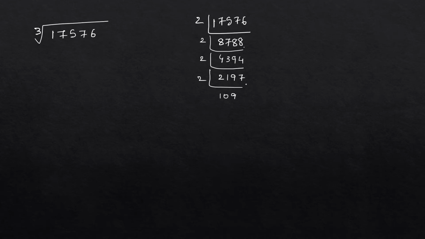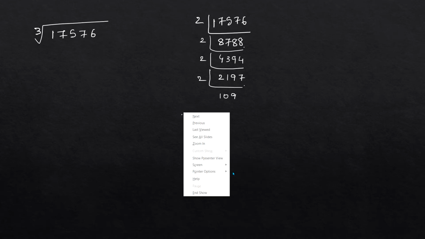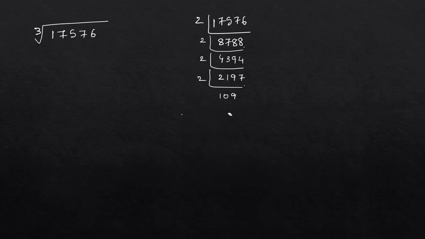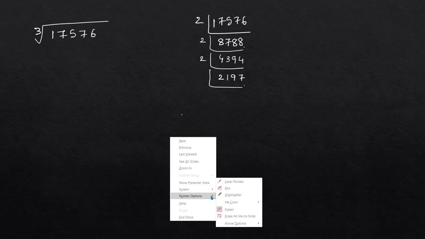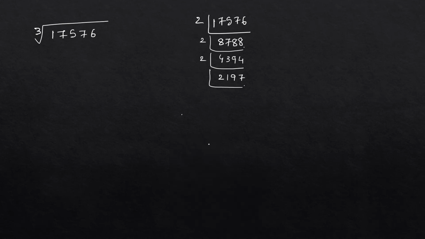No, sorry, since it is 7 it is not divisible by 2. Okay, so let me erase this. Since I am going very fast, I didn't observe this. Since it is 7, it is an odd number now, so it is not divisible by 2. Now let us check for 3. 9 plus 1 is 10, 10 plus 2 is 12, 12 plus 7 is 19. 19 is not divisible by 3, so don't go for 3 also.